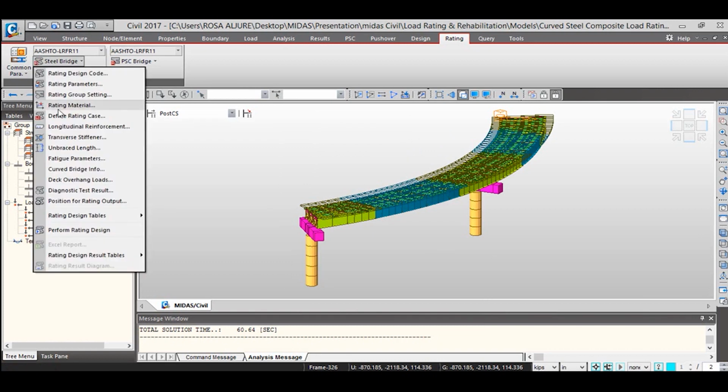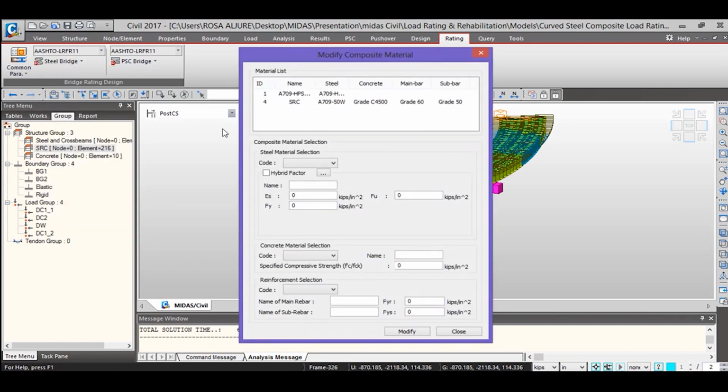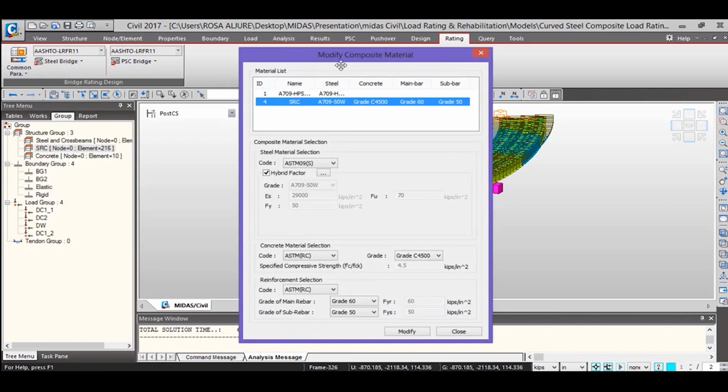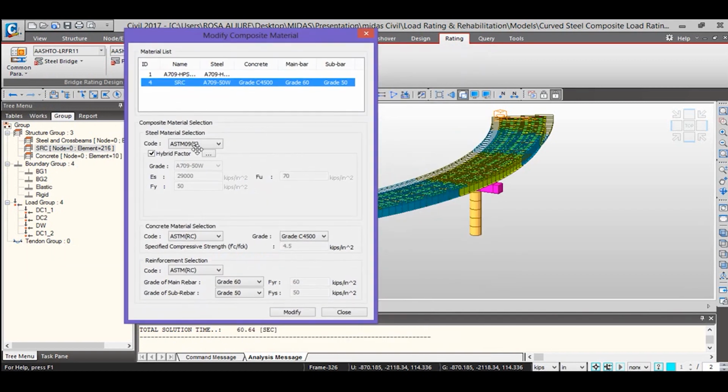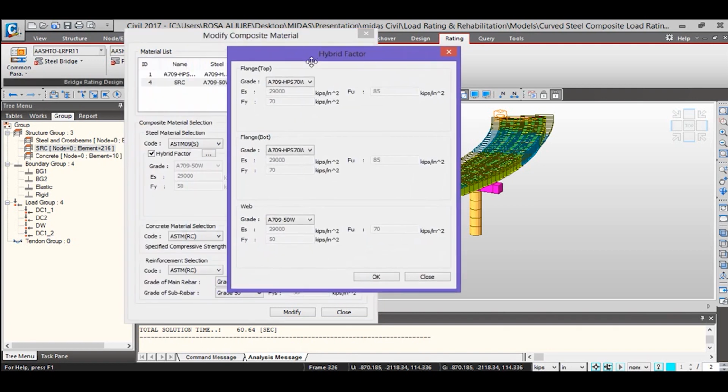Then we have the option of defining the rating material. In the rating material, as I mentioned earlier, you can define the material for the steel rebar. Here you can tell the program what the material is, and you can also tell the program what the hybrid factor is. Here you can define the hybrid factor, top flange, bottom flange.